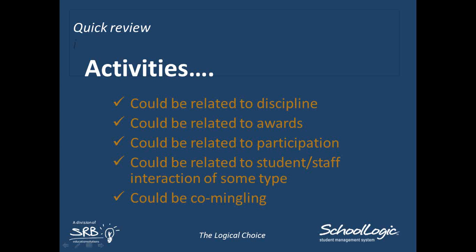Now, guidance counselors would report on event types which relate to their piece of the puzzle, and secretaries who worry about participation and achievement would run reports looking only for their items. This same kind of co-mingling would occur if one of your buildings wanted to keep some very simple discipline type of information, while another building might track participation and awards. Each person running reports would see only their own building's information.